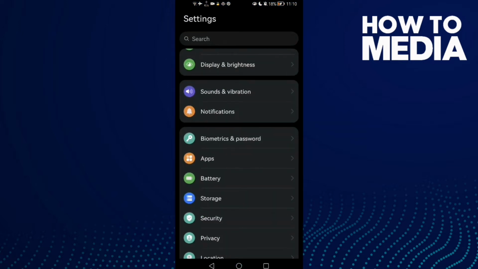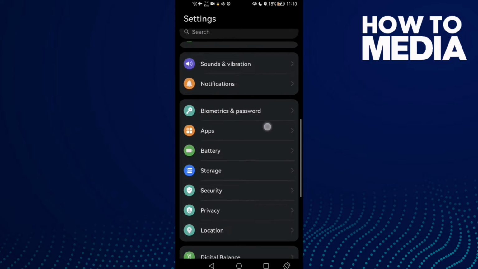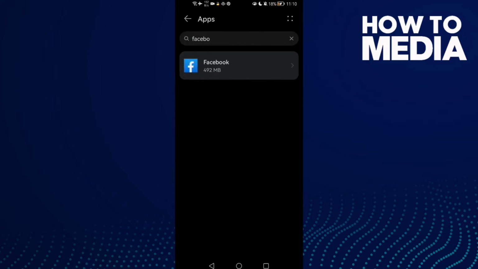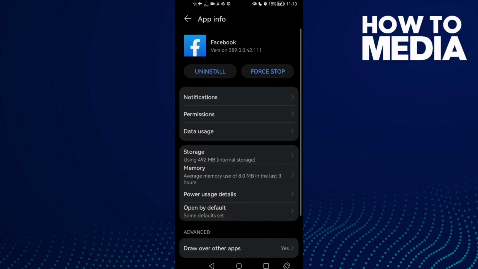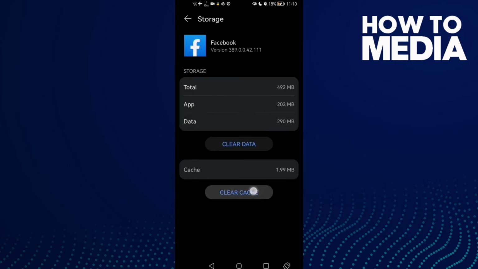First open settings, and then just scroll down until you find apps, and now click apps again, and here just type Facebook and you will find it. Then click on it. Now just click storage and then clear cache,